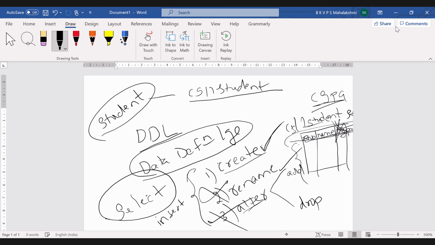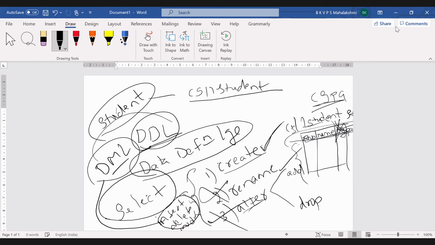Insert, delete, modify come under DML, because you are modifying the table. At first you have defined the table, then you are trying to modify it. So these commands come under DML. DML is nothing but data manipulation language.